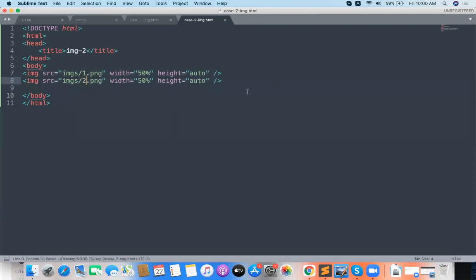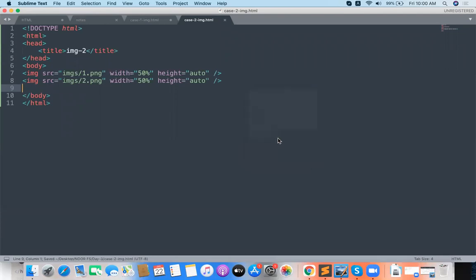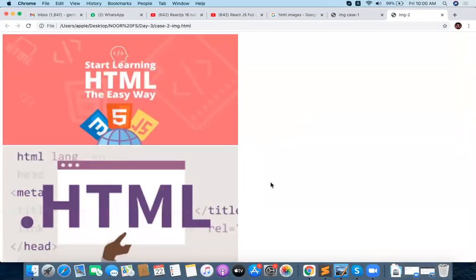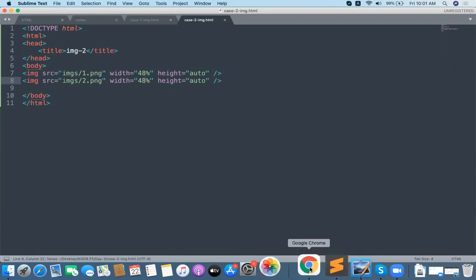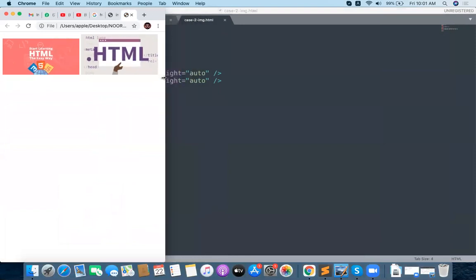So now you see my images are actually loading from the different folder. My images are loading from the different folder now, but width is giving an issue. So I don't want to take 50, 48 is fine. Yes, 48 and 48. Automatically those 2 images are in side by side manner. Now you see that. Now this is adjustable. Height is auto mentioned. Whenever width is decreasing, automatically height is also decreasing for you.